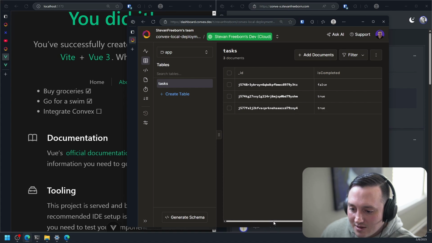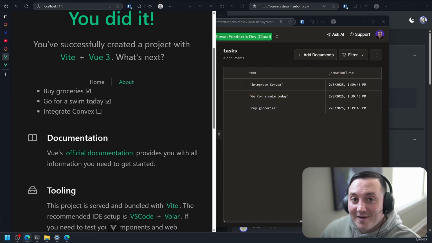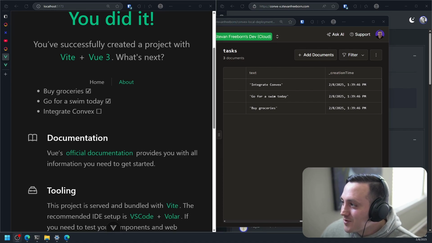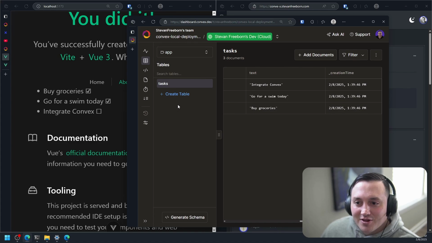So this is not actually what you'd want to do. But this is basically listening all the way down to this row level. So this will re-render and update as soon as I change something here. So go for a swim today, right? It's crazy how fast that is, but it's really, really impressive. And so I think just this alone can quickly open your eyes to, wow, I could really build some cool stuff really quickly, right?